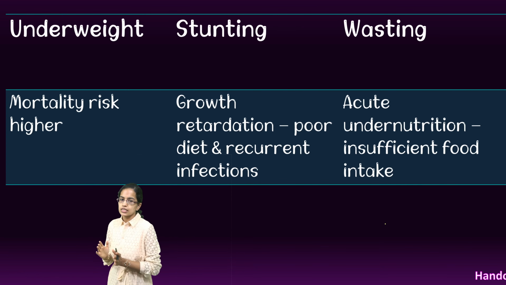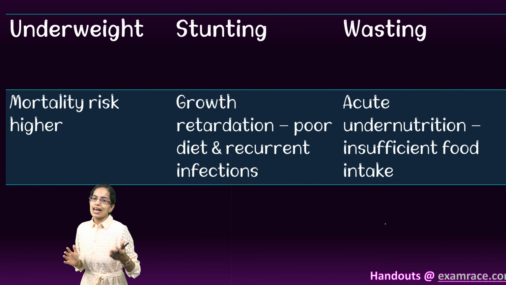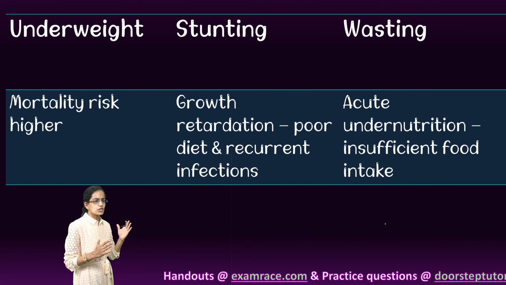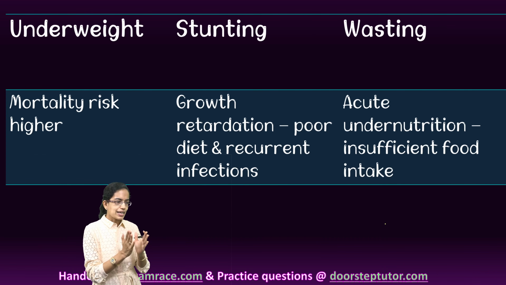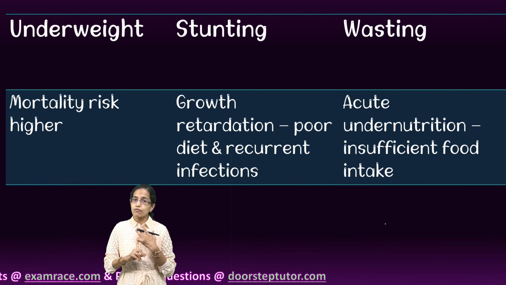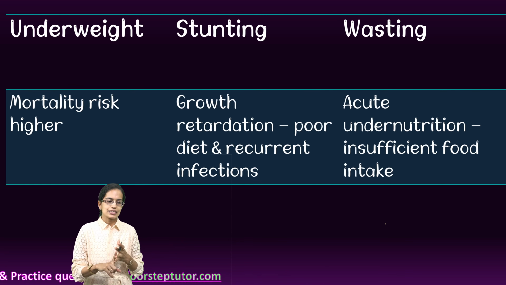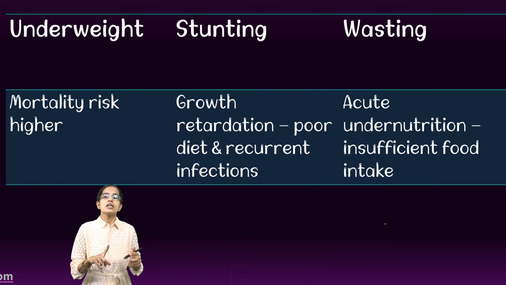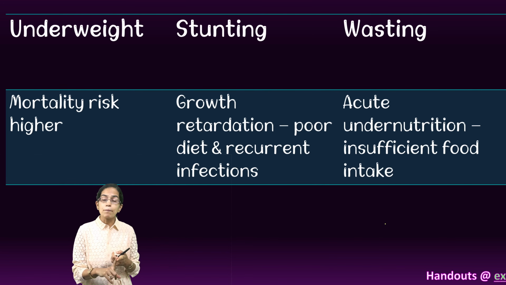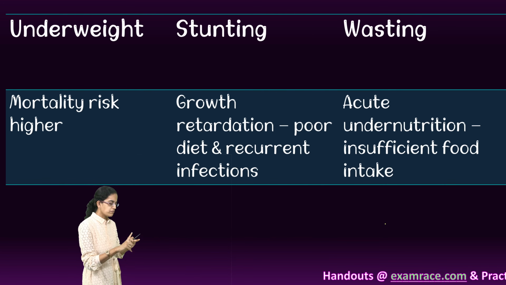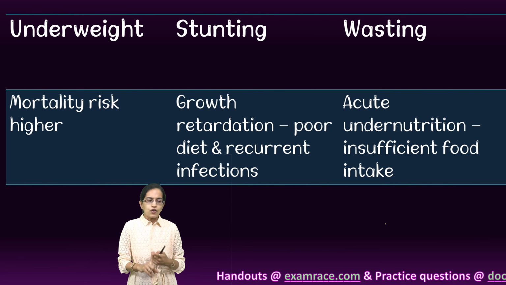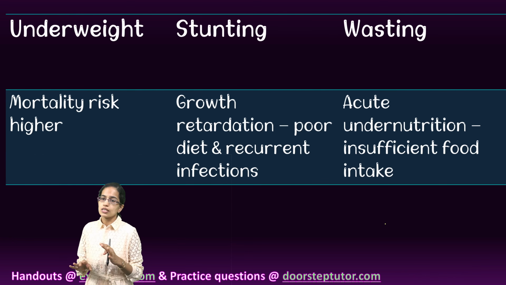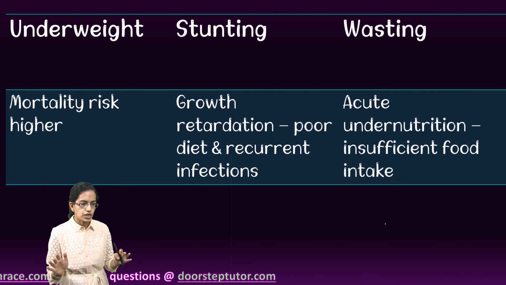The next is wasting. Now here, this is attributed to acute cases of undernutrition, insufficient food which is given, and can lead to higher incidences of infectious diseases, higher incidences of diarrhea, impairment in the normal functioning, retarded or suppressed immune response system, which increases the severity to fight the diseases and increases the mortality rate. So those are some of the important things that we need to take into account.